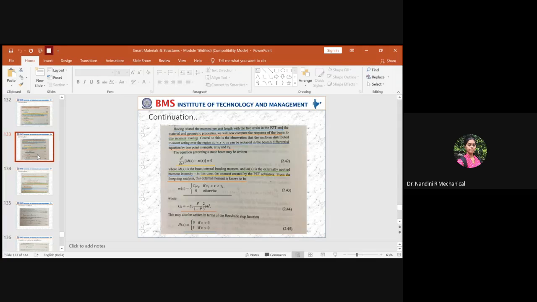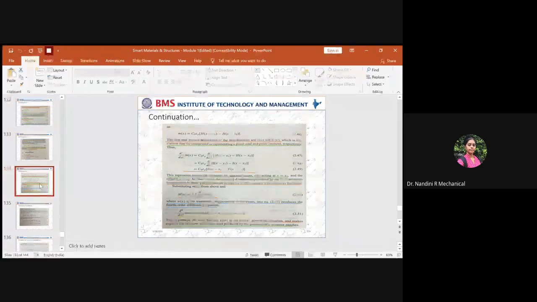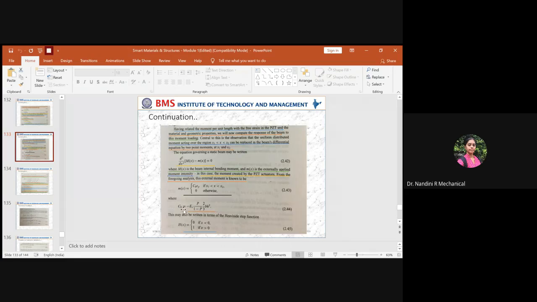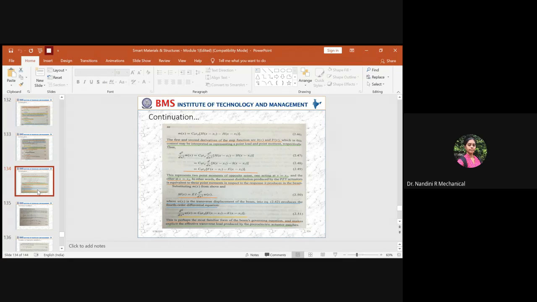You have both the equations here. You have m of x equal to this much and h of x equal to this much. So we will correlate both. How do you do it? m of x will be equal to, you have the capacitance value in the previous slide, right? So this factor you have to consider for the external moment, and hence when you are clubbing both, you will write the value of capacitance along with the free strain. So this is over. After that, you should take the concept of the step function.